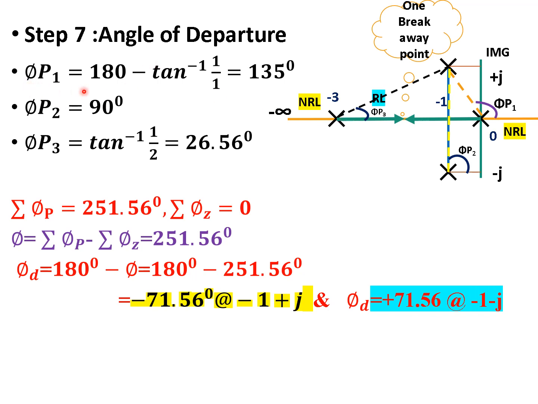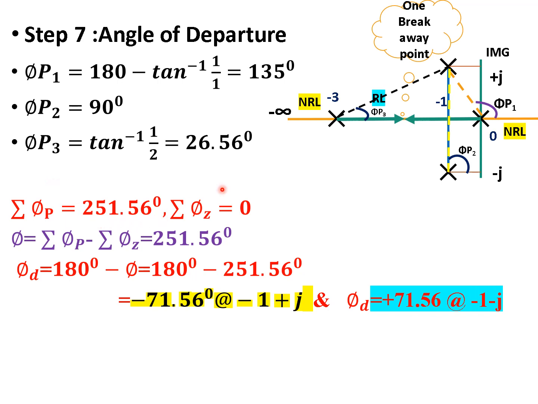So phi p1 is nothing but 180 degrees minus tan inverse of 1 divided by 1, that is opposite by adjacent. We get 135 degrees. Phi p2, as you can see, is exactly 90 degrees here, so there is no need for any calculation. Phi p3 is equal to tan inverse 1 by 2, so the angle made is 26.56. So what is summation phi p? Summation phi p is nothing but the addition of all the angles. So we get